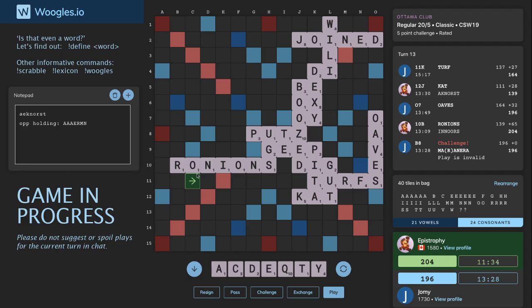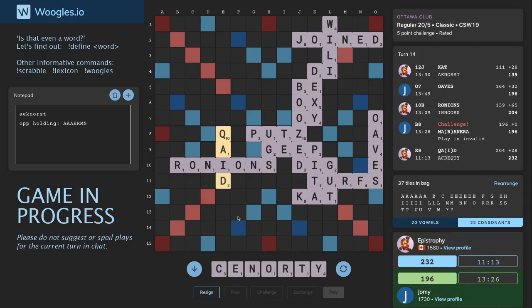Interestingly enough, we should just block this. This is clearly how we should go. Unless he just finds something better, but I know he doesn't have the tiles to actually use the Q. Yeah, glad I made the correct call there. Like I said, it is 5 points, but